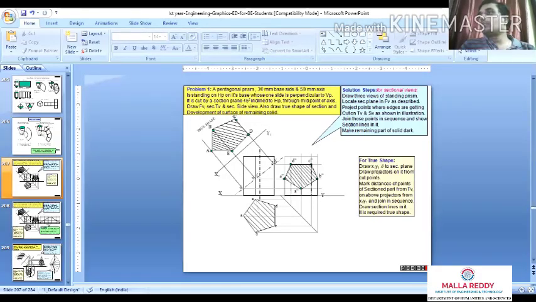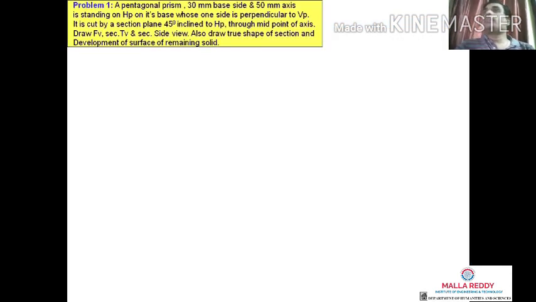This is another problem of a prism. A pentagonal prism, 30 mm side, and the axis given is standing on the horizontal plane or on its base, whose one side